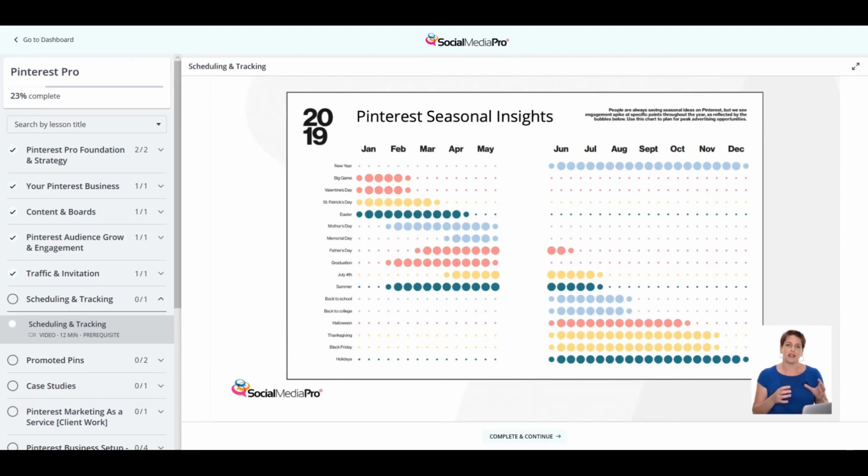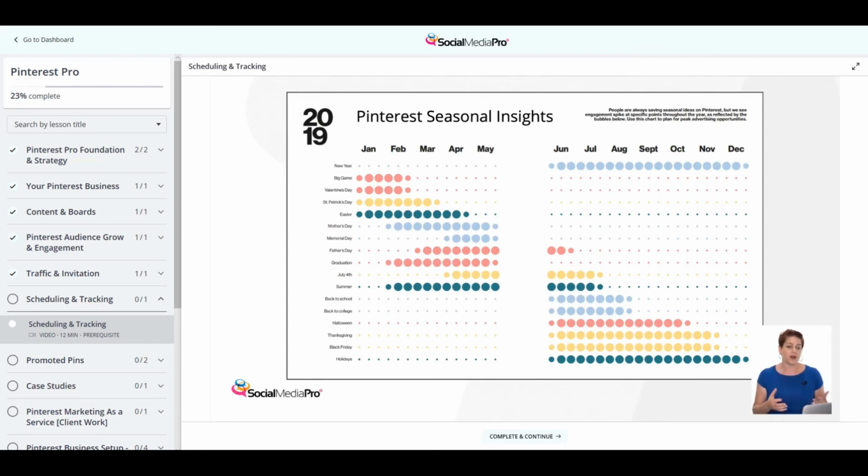With Pinterest, this is a document that they put out every year at the beginning of the year. This is 2019's, and this is Pinterest Seasonal Insights. And what this provides for you and for your clients is that it shows you how people save on the Pinterest platform. So they're coming here looking at specific things for holidays, events in their life, and it shows you how soon they start the process. So if we look at even New Year's, right, the first few months of the year, there's not a lot of engagement, but starting in June, we start to see pinners start looking for ideas, inspiration, pins, products, places to go. This starts happening right around June through December, where we can see it starts to taper off just a little bit at the end of